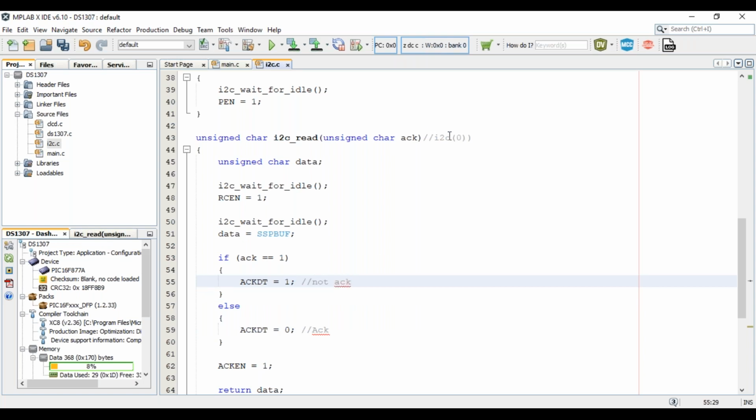Now, if the user wants the acknowledgement, he is going to call the I2C read function with the value 0. If the user passes 0 as an argument, the slave needs acknowledgement. Actually it should have been the choice of the master whether to give the acknowledgement or not, but here we are giving the option to the slave. So master is asking the slave, or whoever is reading is asking, do you want the acknowledgement? Depending on that,